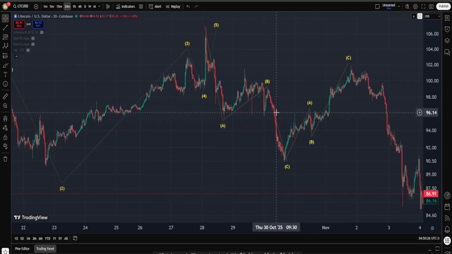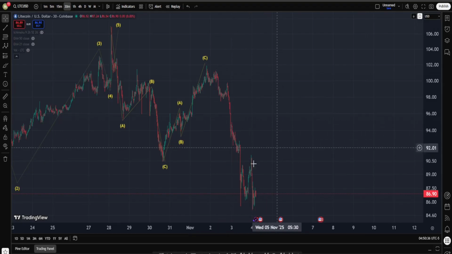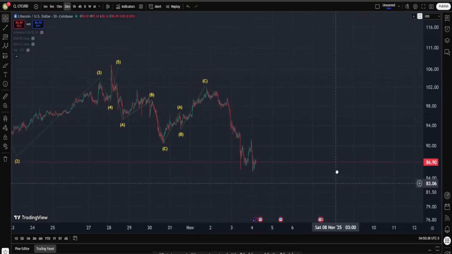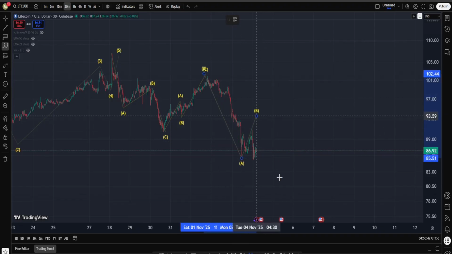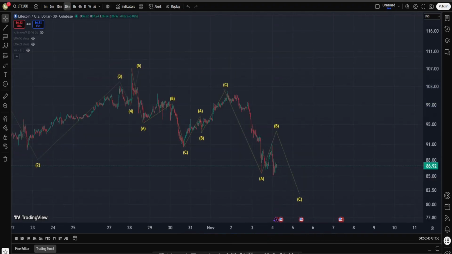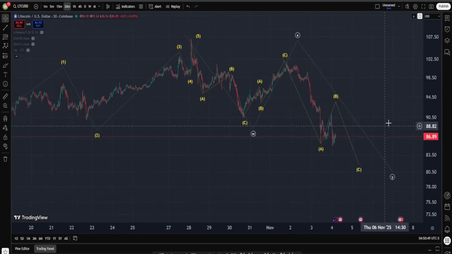And this, you can argue, sort of kind of got confirmed when in this phase up in LTC we took this important high, the low of our B leg. And what is happening right now? I actually believe that we are probably on our way to complete the subwaves for another A, B, C zigzag, completing the subwaves for, on a higher degree, a WXY in the form of a double zigzag.